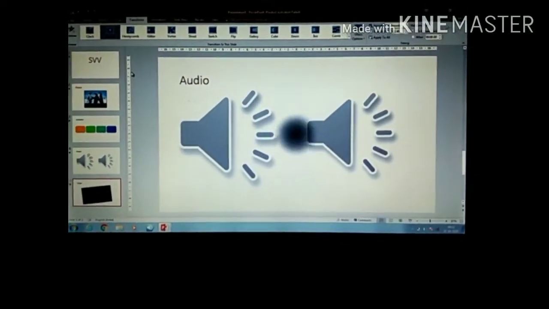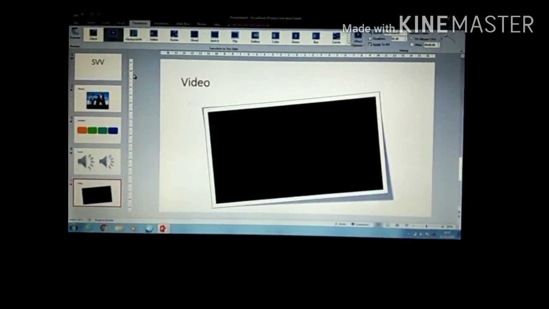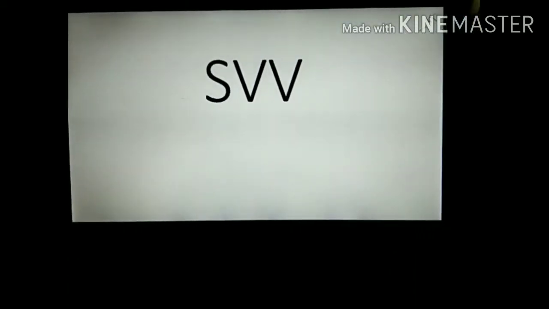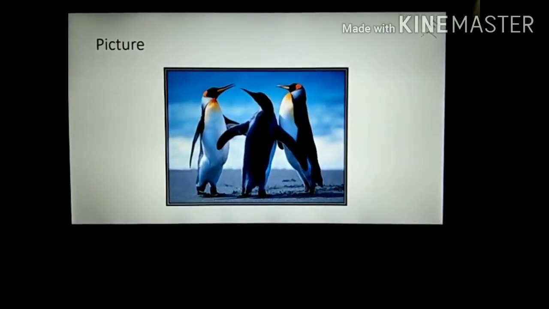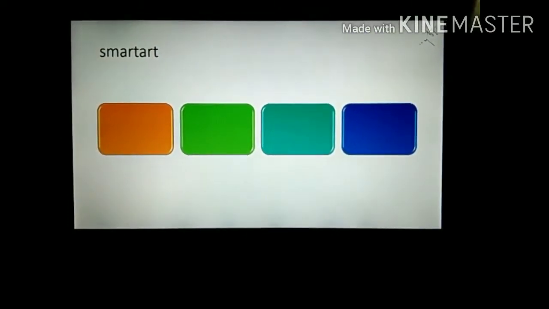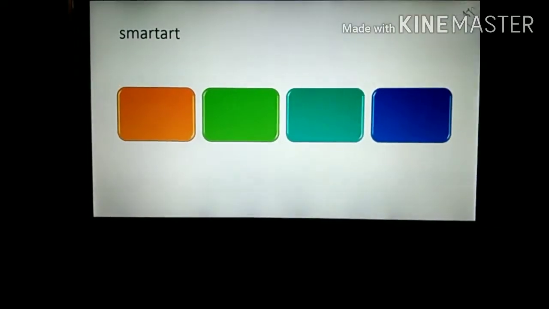transition. Okay, so students, I have given transitions to all the slides. Now I will play the slideshow so you can see. Whenever I press the keyboard key, it will display the transition. So I am moving to the next slide, and see, this is the visual effect of the slide. This is known as a transition. And here all the slides are going one by one systematically. That is known as a slideshow.